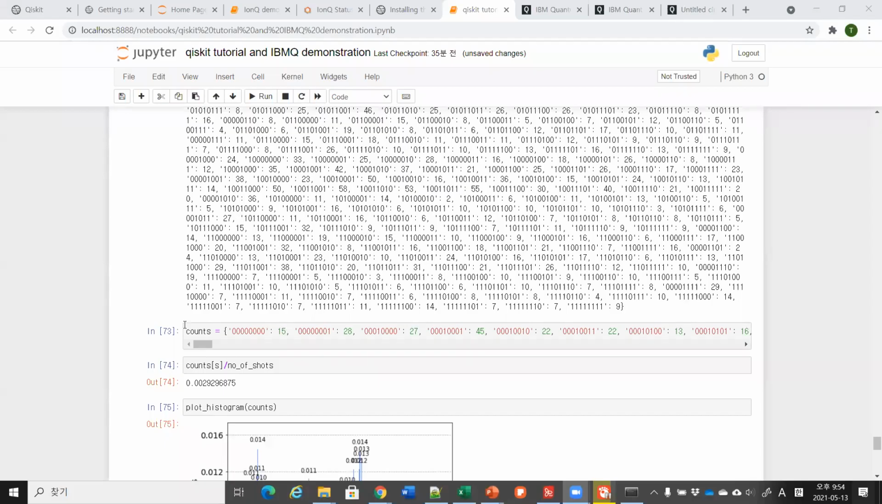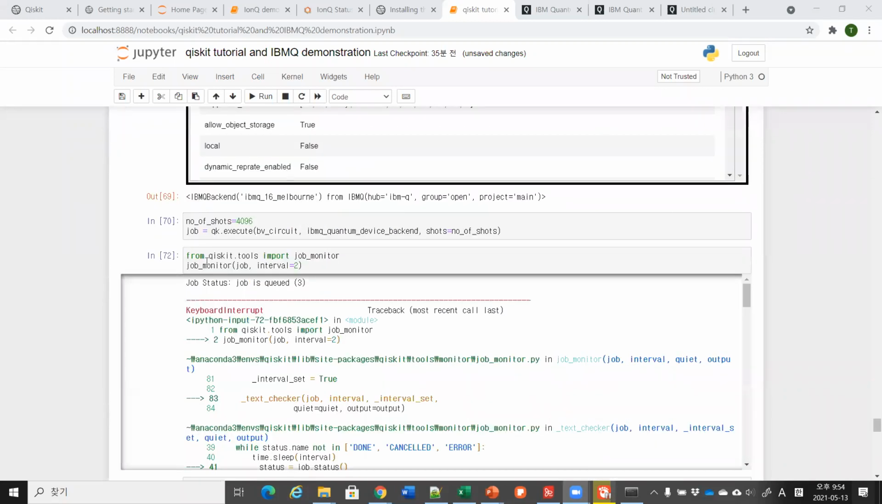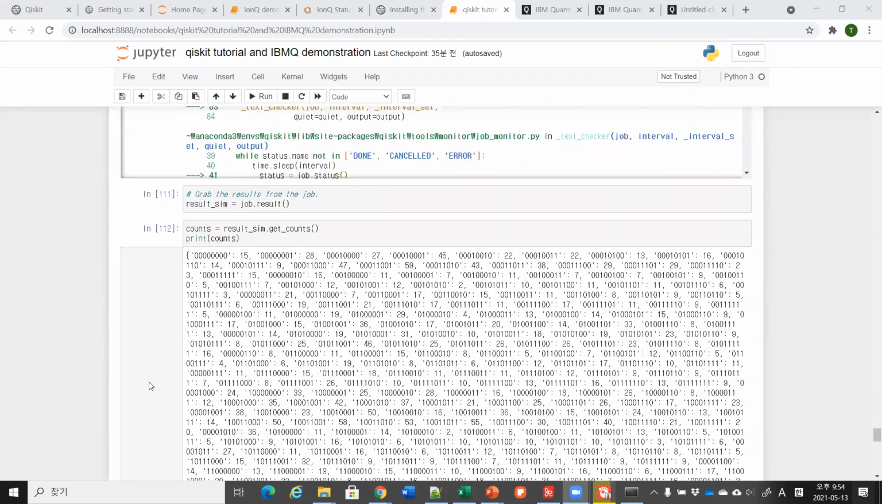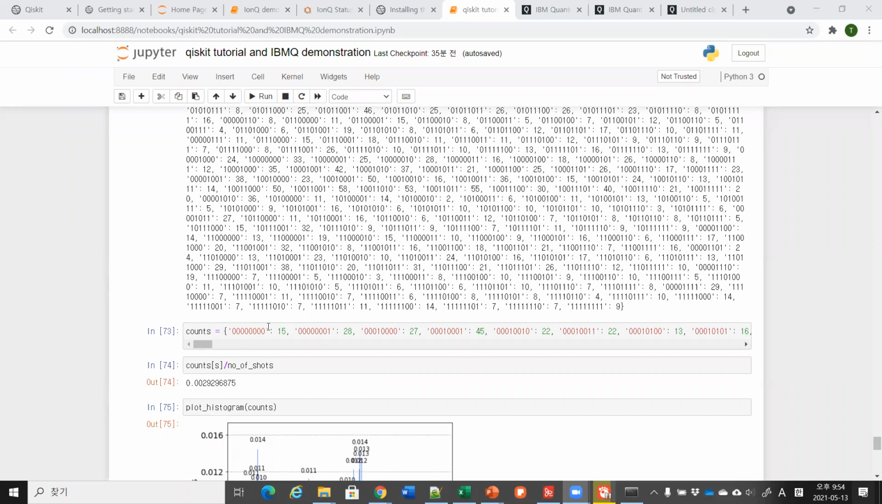Oh, the reason this cell was not being evaluated was because I was running this job monitor. So yeah, because it was running. Unfortunately, to continue, I had to interrupt this cell evaluation. So now I have this result stored in the counts, and the correct case corresponds to only